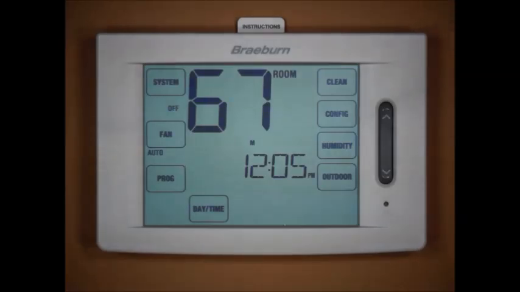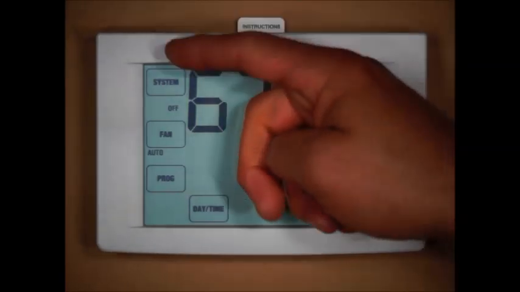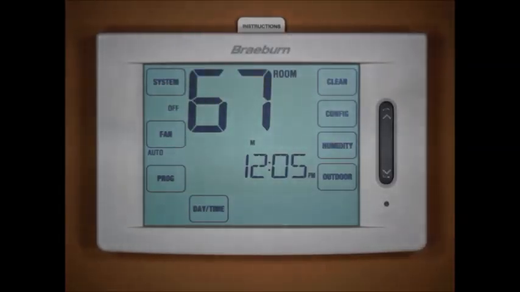Now first, this particular thermostat has been configured with auto changeover turned on, and for a 2-heat 2-cool heat pump system. That is how the thermostat's been configured. So we'll see some different things as we go along the way that you might not see in your particular configuration. Now with the system touchpad in the upper left hand corner, this is where we select between cool, off,